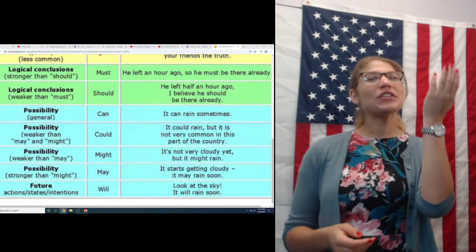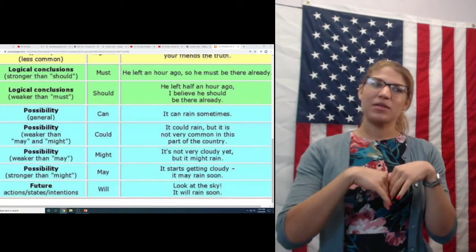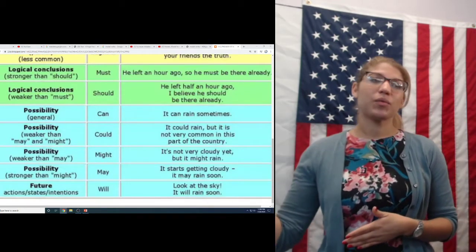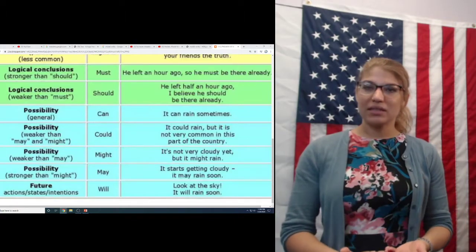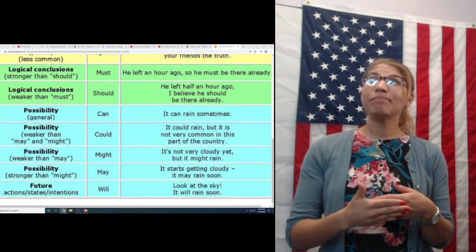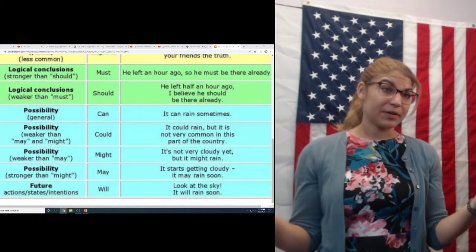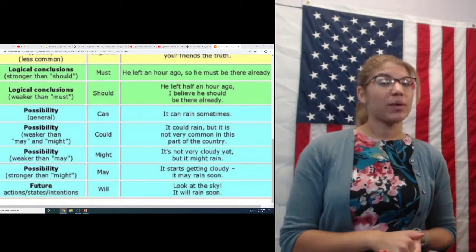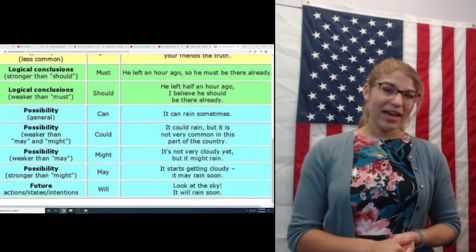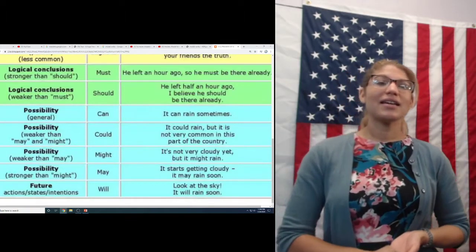The word could and the word might are very similar when you talk about them in the present or the future. For example, it might rain. It is a possibility of the future, not the present, but the future. So, it is very cloudy today. It might rain later. Equally, it could rain later. I don't know. It's a possibility. Okay, so if everyone is ready, more or less, let's take a quiz.